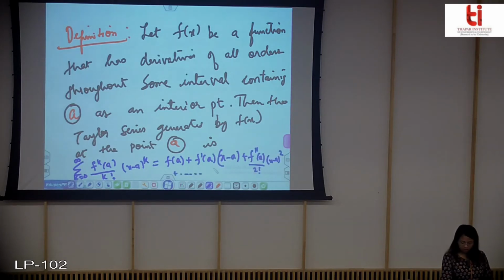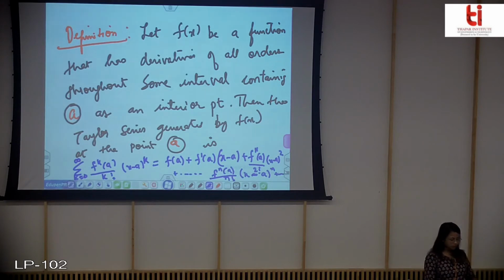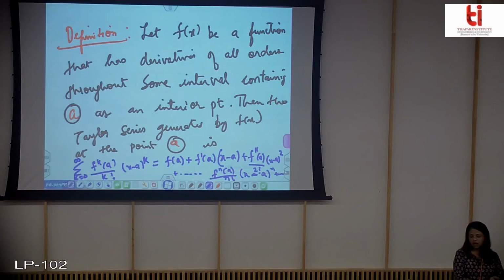So till f^(n)(a)/n! (x - a)^n and so on. So this is a Taylor series of function f(x) around the point x is equal to a,